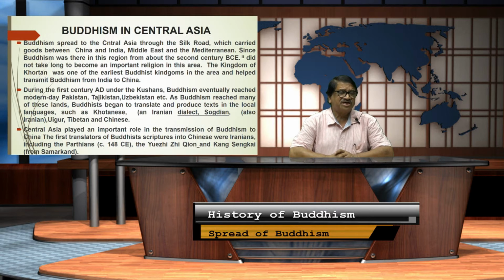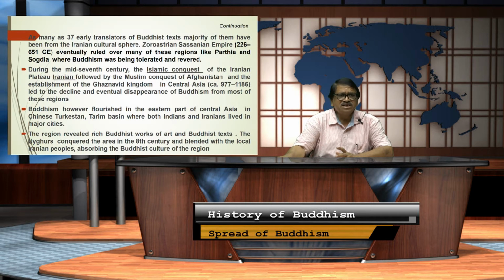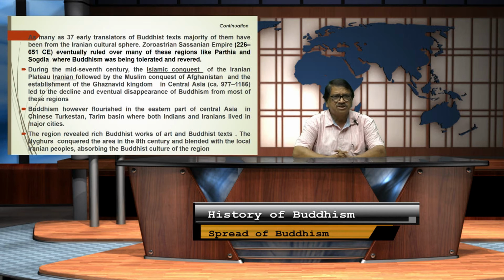Central Asia played a very significant role in the transmission of Buddhism to China. The first translators of Buddhist scripture into Chinese were Iranian, including the Parthians, who ruled over in 148 AD. The Yuezhi Queen and the Kang Senghui from Samarkand were instrumental in spreading Buddhism in China. As many as 37 early translators of Buddhist texts, the majority of which were translated from the Iranian cultural sphere,